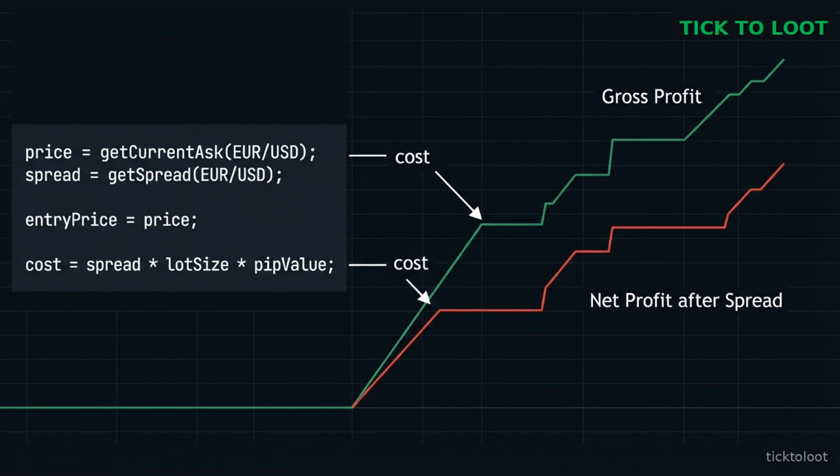By coding the spread cost directly into your algorithm, you ensure every backtest result reflects real-world trading conditions, and you avoid the common beginner mistake of assuming a zero-cost entry. Remember, the spread is a fixed expense per trade, just like a transaction fee, and must be part of your risk management calculations. With this approach, your algo will be more realistic, and you'll have a clearer picture of true